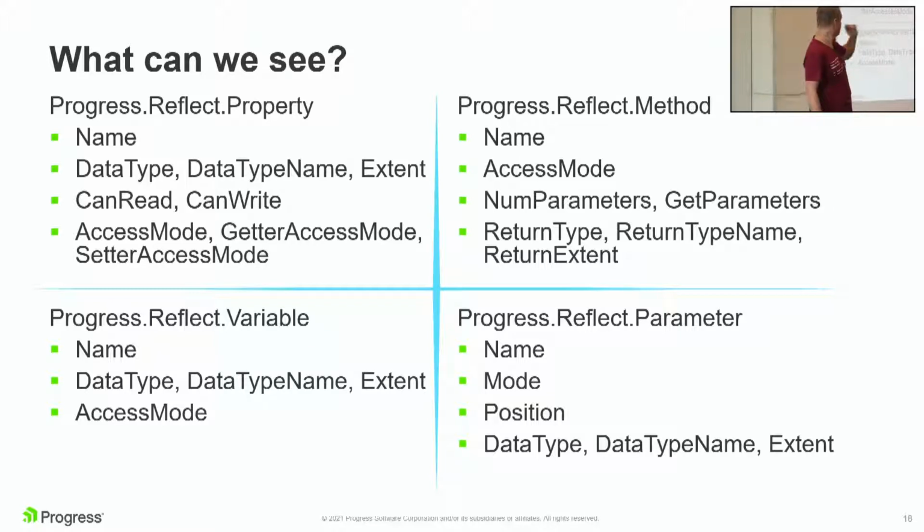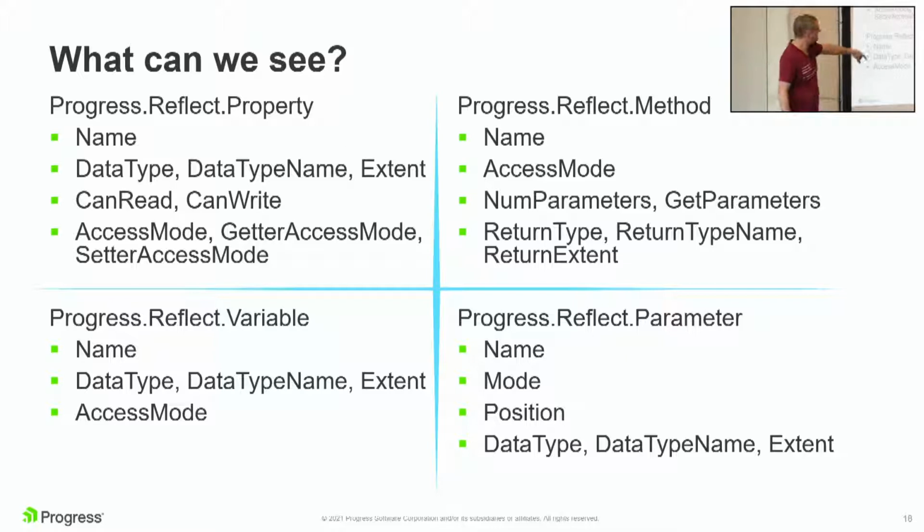Methods and variables have similar things. Variables have less stuff. Remember I said with variables you can't control the get and set differently. And generally speaking, I would not recommend using variables as properties, kind of by convention. You can use variables like you would properties, make them public and readable and writable, but I know it's just a bit of a smell to me, but they work just as well. What you lose with using variables over properties is that properties give you the option of having custom read and write code, which is really nice.